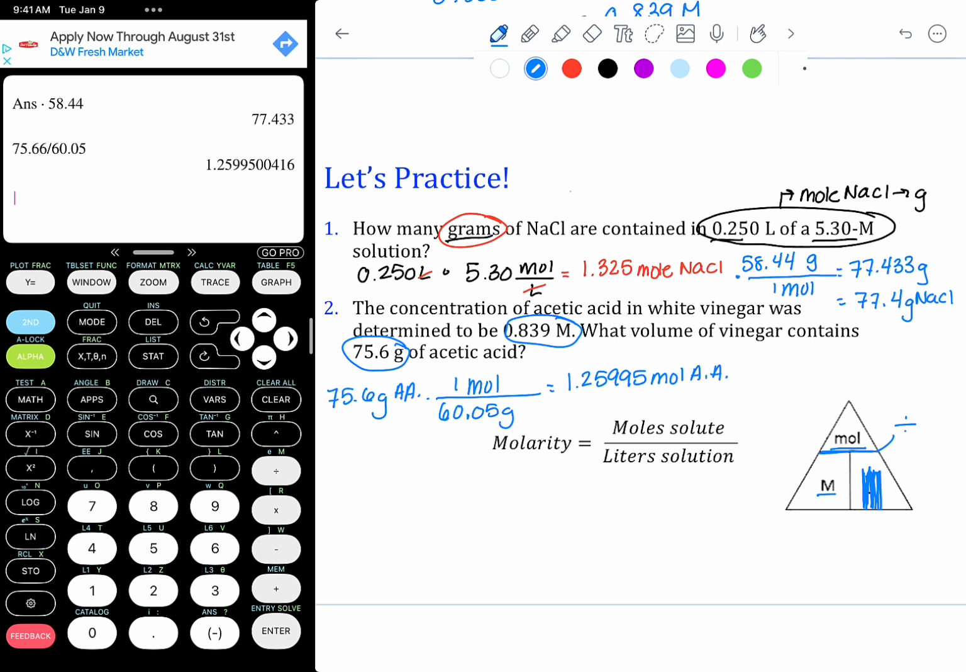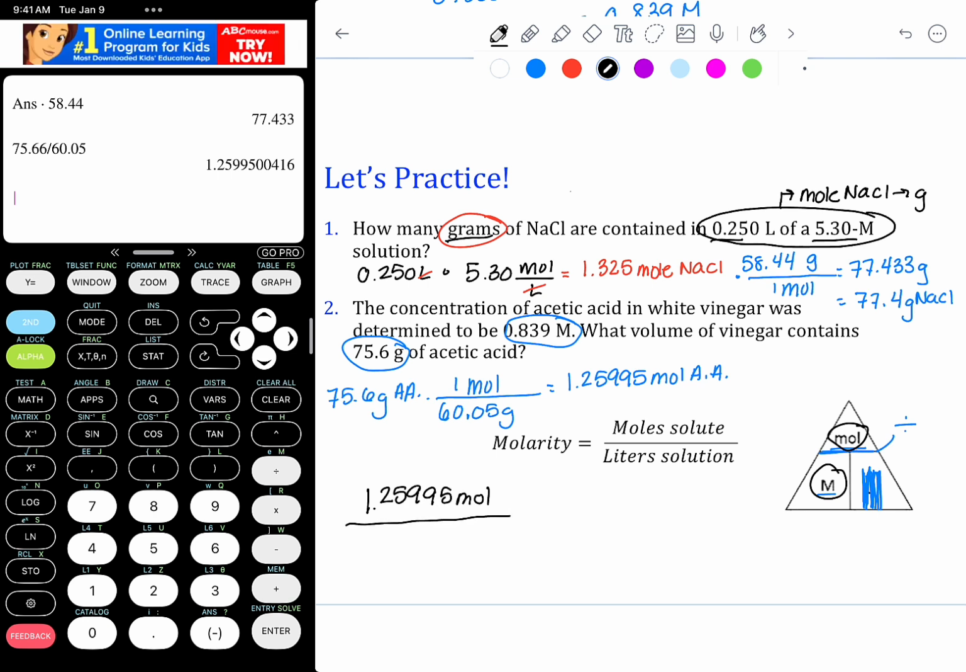So to find the volume now, we're going to take our moles and divide it by our molarity. So we'll take 1.25995 moles, divide it by the molarity we solved for, 0.839 molar. Again, we can rewrite molar as moles per liter. Moles will end up canceling when we do the division, and we'll be left with units of liters, which is what we want if we want to have a volume at the end. So we'll take that 1.2599 and divide it by 0.839. And we get a volume of